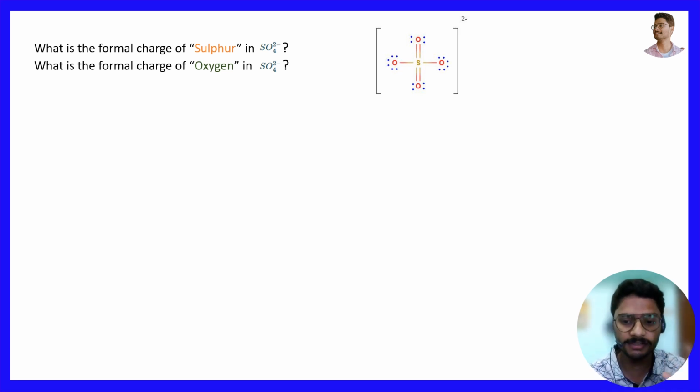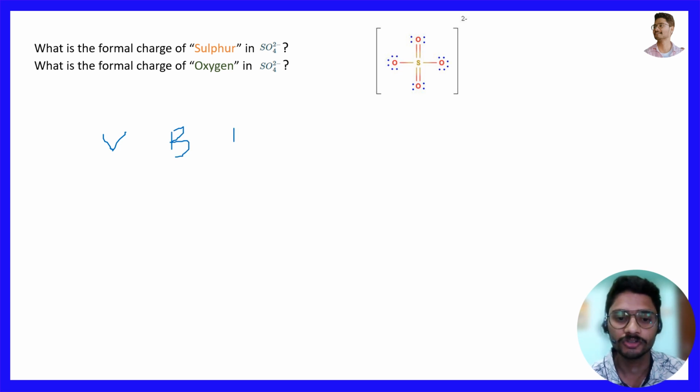To solve this question, we need to know a formula which is very helpful for us to find out the formal charge of the respective atom in the molecule, right? Now we will learn the formula that is required. I'm going to teach a trick through which we can solve this. To remember this trick, I'm going to give you a mnemonic which will be very helpful. The mnemonic for today is